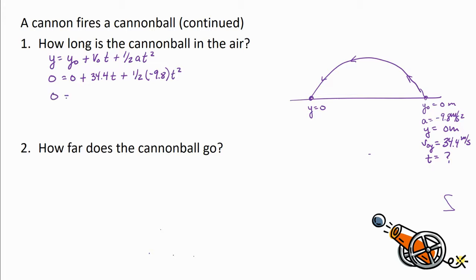We have a 0 on this side. 34.4t minus 4.9 t squared. You can actually pull a t out, right? So we can change this to be t times